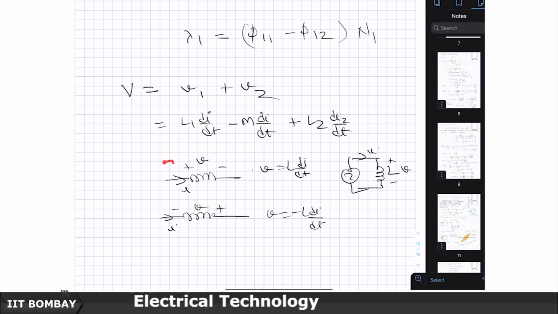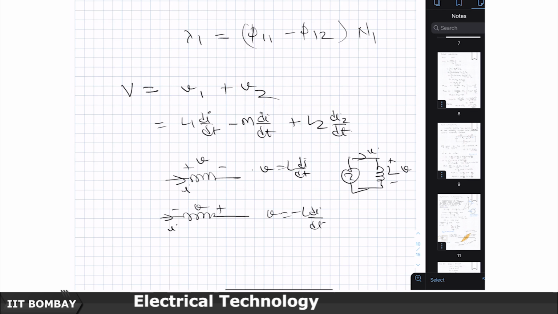Usually this is the convention that we will keep getting, unless it is a complex network in which we arbitrarily mark currents and voltages, then we will have to be careful, but otherwise this is what we will normally end up doing. This is basically the voltage across the self inductance. It does not require any dots, and it usually comes with the plus sign. So that is why I am saying here that the first component of V2 will be simply L2 di2 by dt